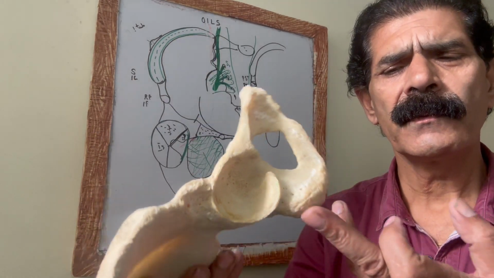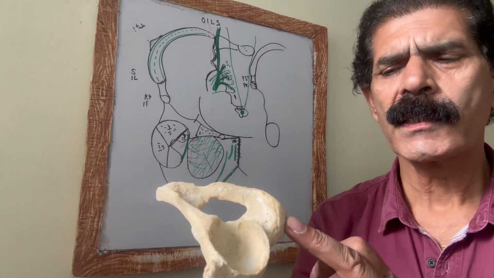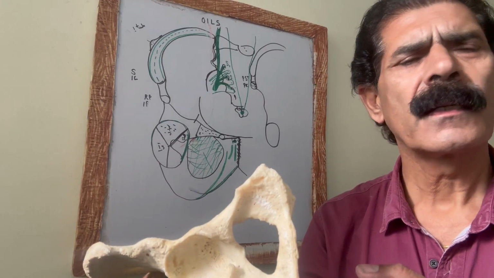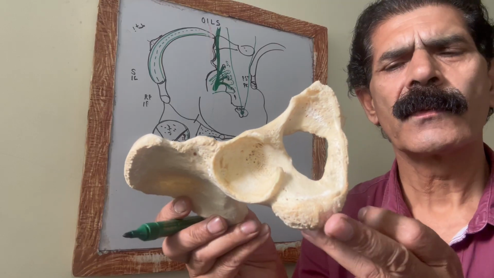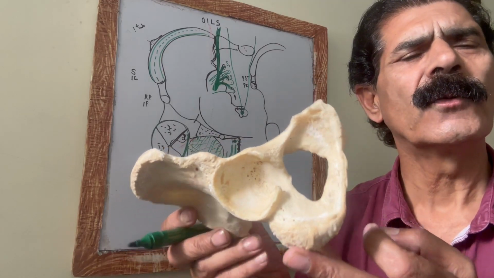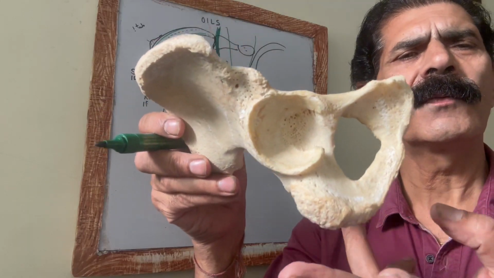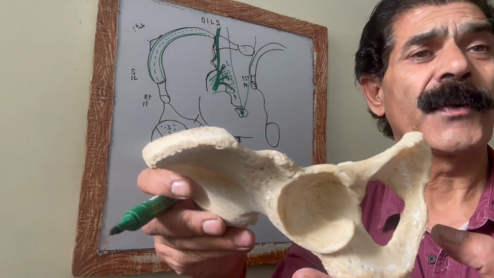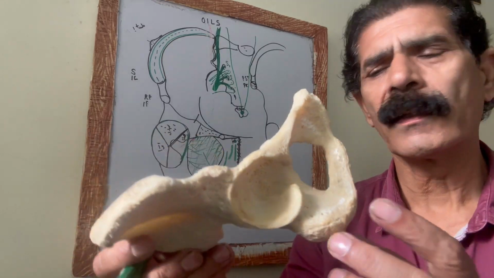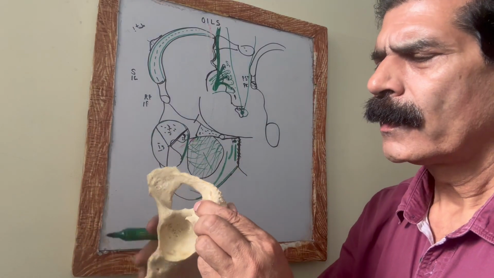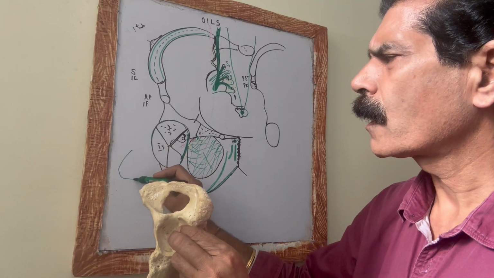The part of the ischial tuberosity which is touching the ground is smooth, but the upper part is the rough portion. The upper is the rough portion, and the lower is the smooth, because the smooth part is the resting position. The whole of the weight falls here. Because of the friction of the ground where we sit, it becomes smooth, but the upper part remains a rough area. If we see the ischial tuberosity closely as a whole, it is a quadrangular area.